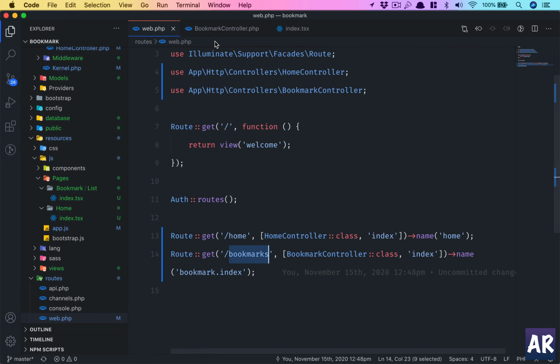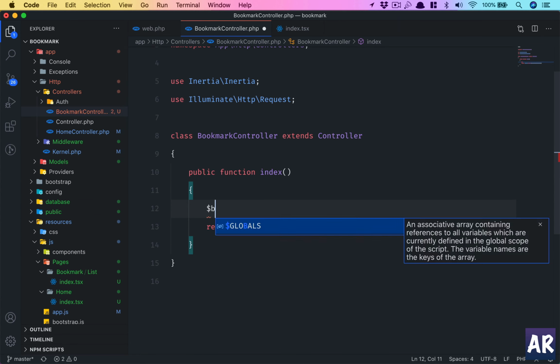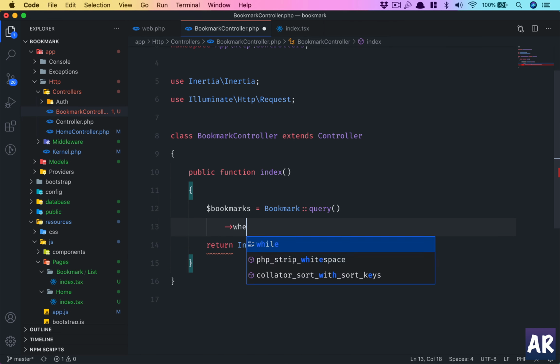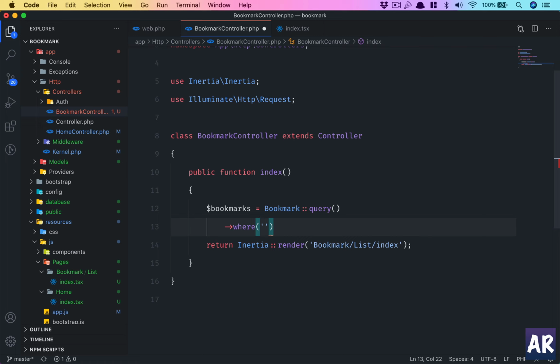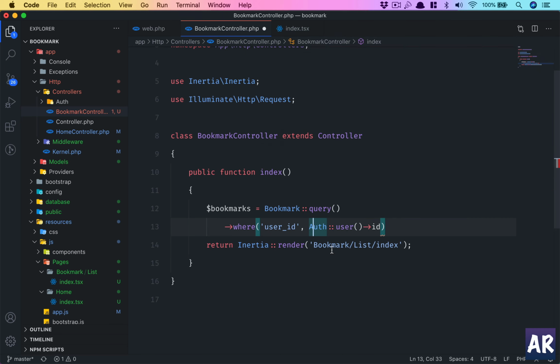Why don't we look at how we can render the data? I'm not going to worry right now too much on the UI. We will figure that out as we go, but we need the bookmarks, right? So why don't we do something like $bookmarks equals bookmark. I do that query because I can then keep the conditions in the next line. Okay, user ID will be, okay, I need the auth user ID, and which will mean, first of all, let